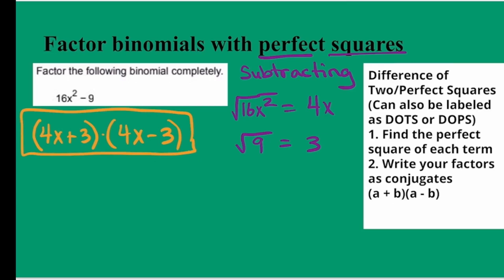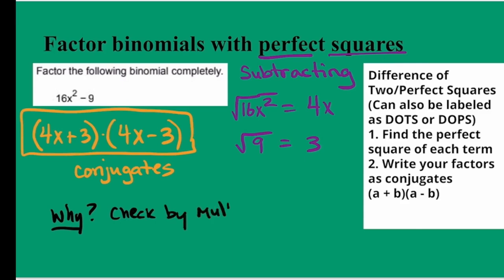So when you have a difference of two squares, your answer will always be written as conjugates, where you have the same terms. One is positive, one is negative. So the reason you do this is because if you check your work, meaning you actually distribute and multiply those pieces,